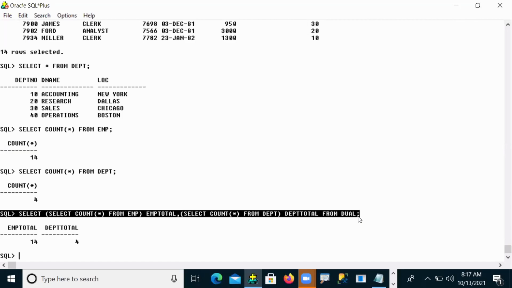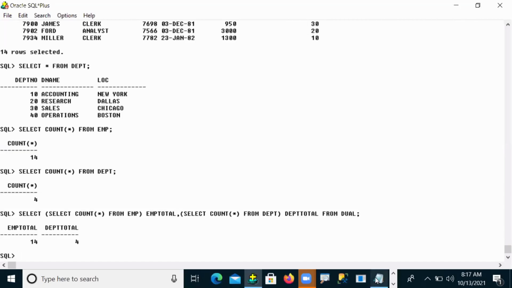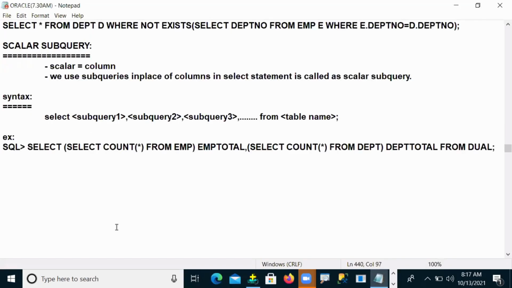Basically, scalar subqueries are used when you want to display rows as columns. As of now we display only columns, but I want to convert rows into columns.